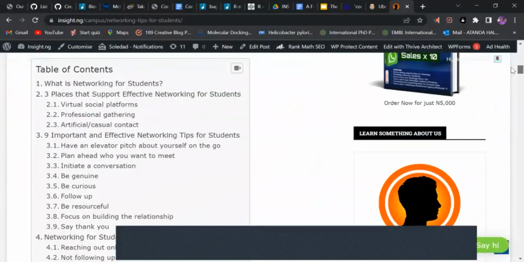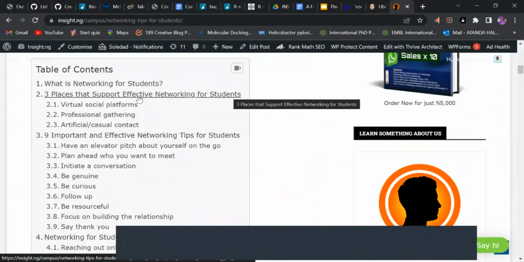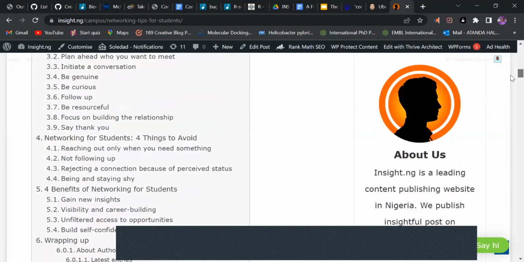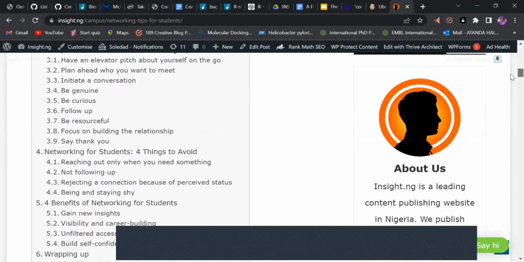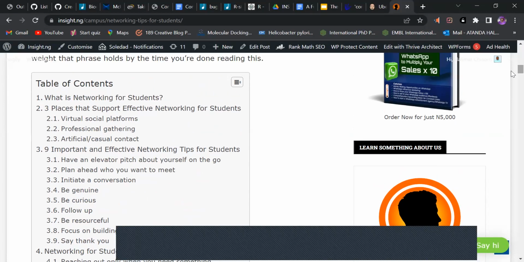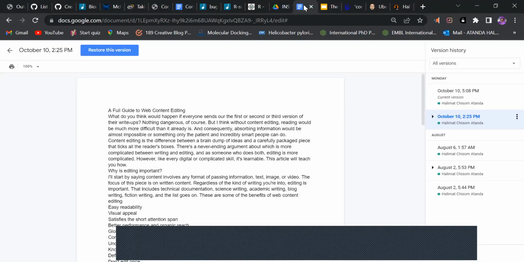Let's see. Okay. Now, my main keyword was, I did it again. Anyway, my main keyword was networking for students, I think. There are 1, 2, 3, 4 subheadings here, and I managed to, oh, awesome. Wow, 5 subheadings. And somehow I managed to put the keyword in all of them. Okay, I guess I don't have a personal example that tells you that you don't have to stuff your